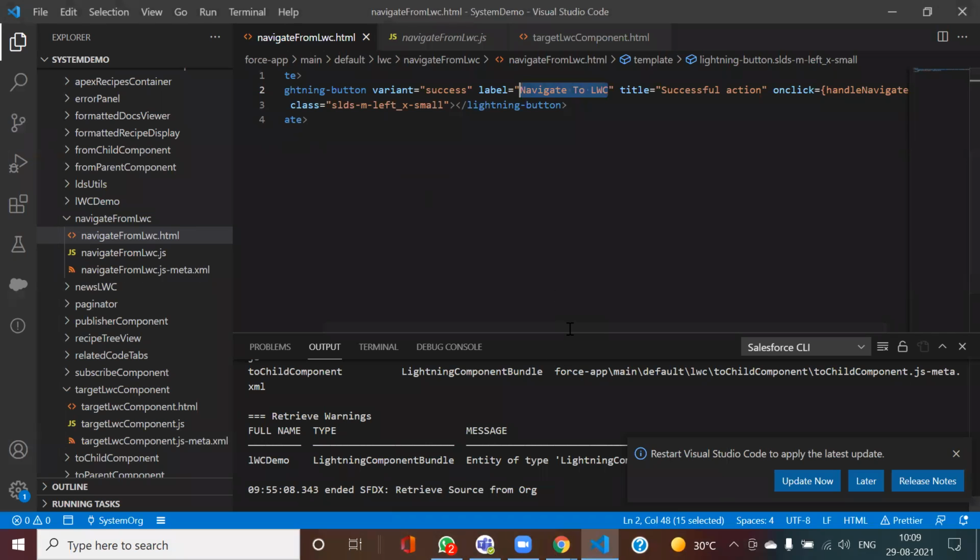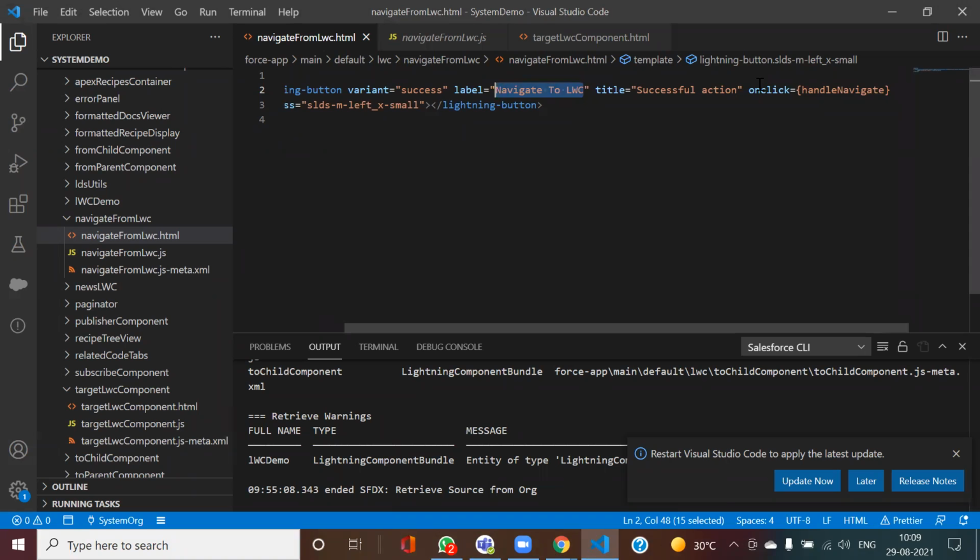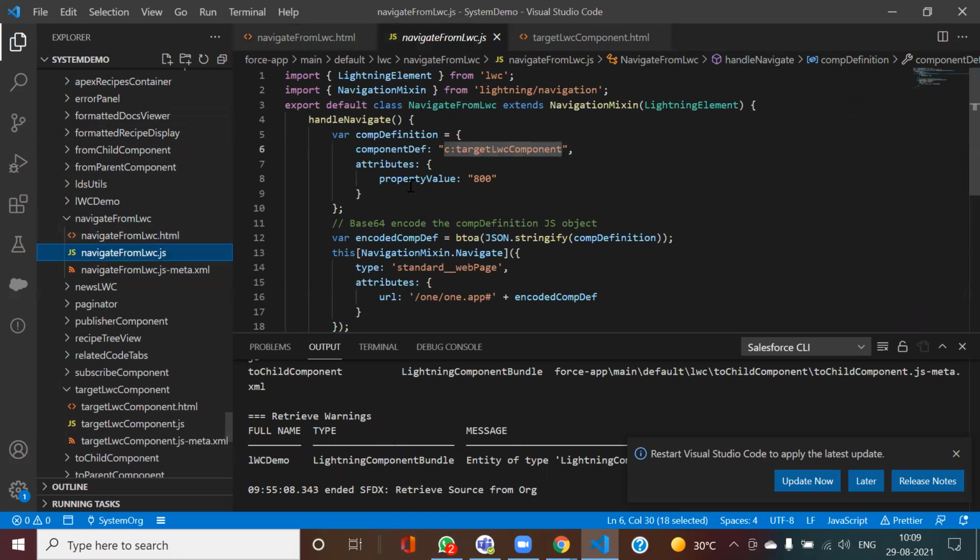So if you see, on click, I'm calling this method handleNavigate. In this handleNavigate, I am going to another LWC, the target LWC. Inside that, I am passing this value 800.